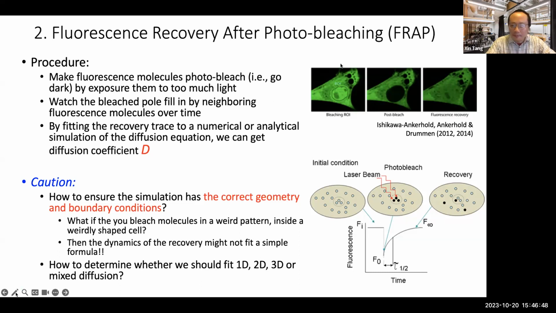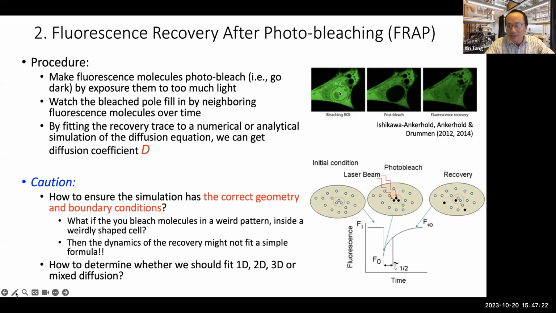Now, the mechanism of FRAP: because those particles keep moving, and we want to know their diffusion coefficient, how about we label those proteins with a fluorescent dye or fluorescent protein, so that whenever the target protein moves, we can trace it by the fluorescence, right? Once we do that,